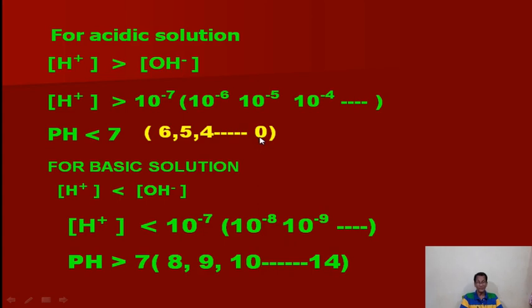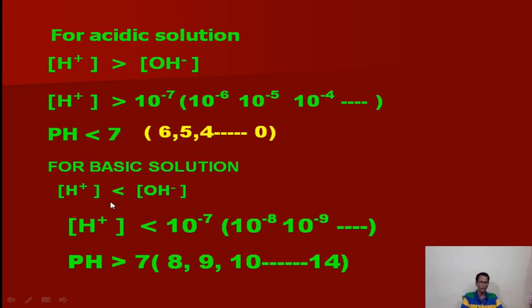0 means highly acidic. So another conclusion is that if the pH value decreases, acidic character increases, because for 10 to the power minus 6, 10 to the power minus 5, 10 to the power minus 4, the value is increasing. When the value is increasing, then the minus log value will be 6, 5, 4. That means the pH value is decreasing. That's why the higher the acidity, the lower the pH. Acidic character and pH are just opposite.